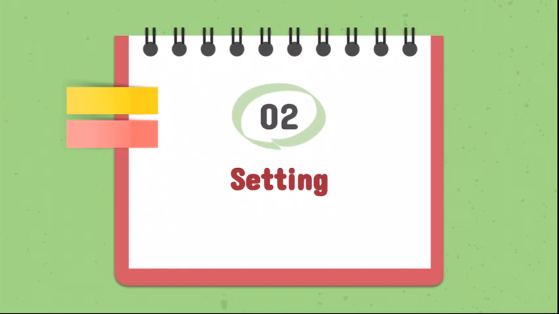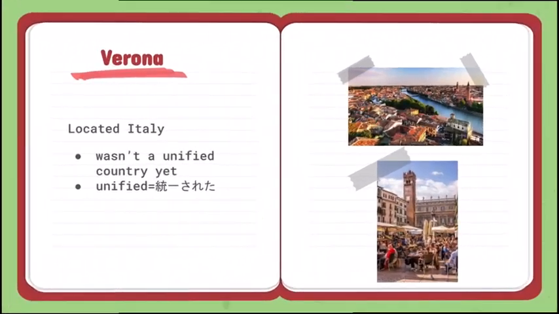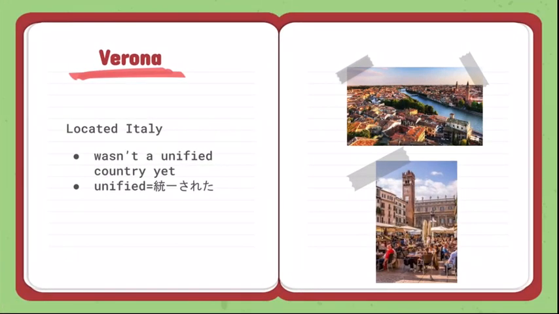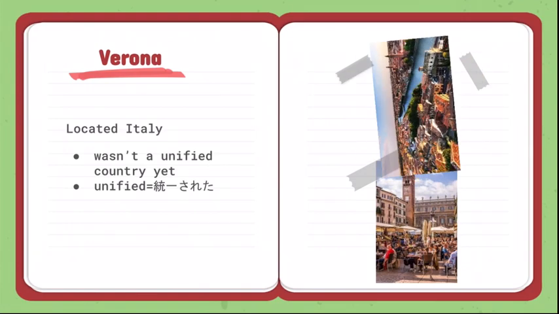Okay, let's moving on。では次、トピックは setting。ここでの setting っていうのは設定ですね。So, before you start reading the story, it's better for you to research about the setting of the story。まず読み始める前にこの setting、設定をしっかりとリサーチしたり分析したりすることで、より話を楽しめます。So this story takes place in Verona。この takes place っていうのは舞台っていう意味なので、この作品の舞台はベローナという町です。So this Verona located in Italy, and it wasn't a unified country when this story was written。このベローナっていうのは located Italy なのでイタリアに位置します。でここで言う unified っていうのは統一されたという意味なので、この作品が書かれた時はまだ統一された国ではありませんでした。